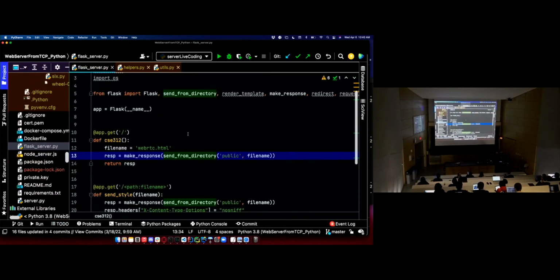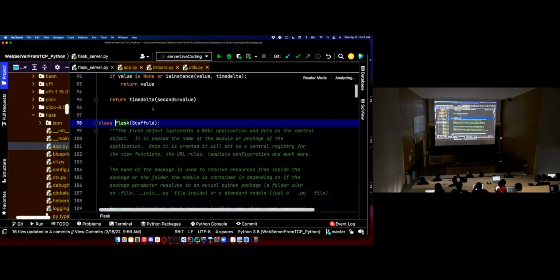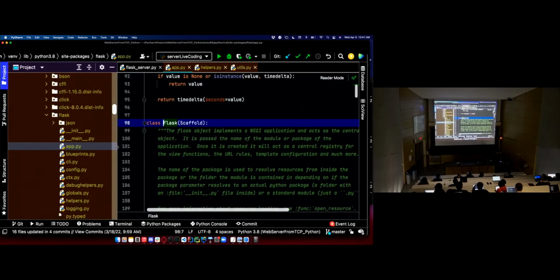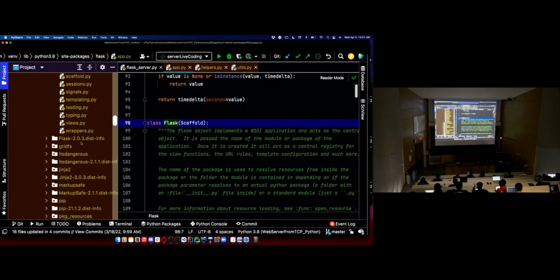So let's try to do this for request parsing now. And for that, it's going to be a little tougher because it happens by magic in the background. So let's just go into Flask itself. I want to go into the Flask code and try to find what we're looking for. It's dangerous.